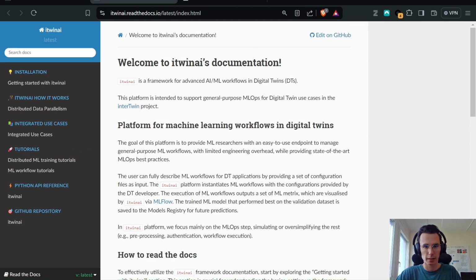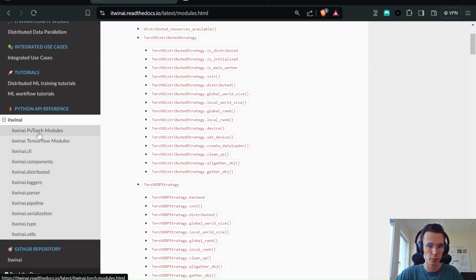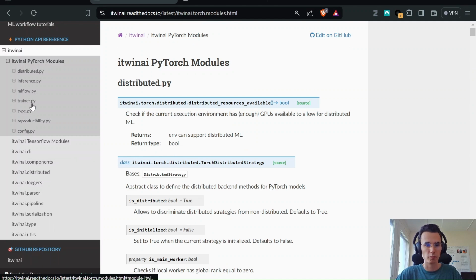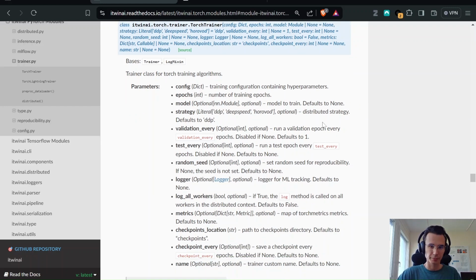So here you can find all the information you need about itwinai. So installation, of course, integrated use cases, tutorials. But today we're going to look at the Python API reference. So if we go into itwinai PyTorch modules and then trainer, we are looking for the documentation of the itwinai.torch.trainer.TorchTrainer, which is the class of interest. So when implementing this trainer, our goal has been to make it as generic as possible in order to support as many